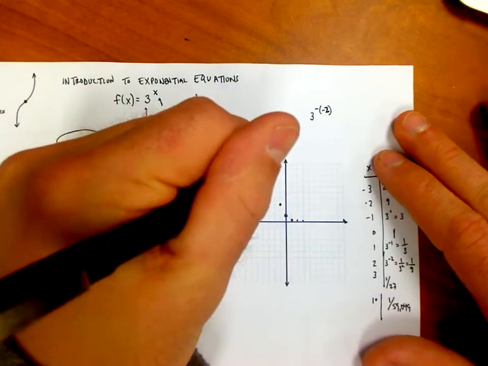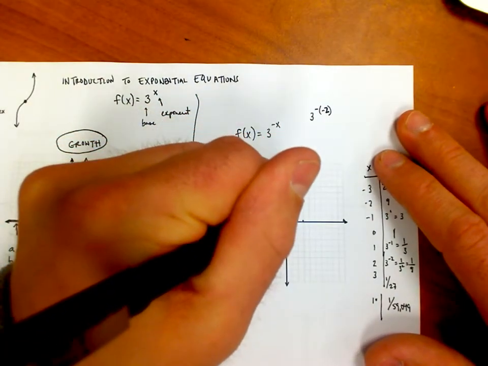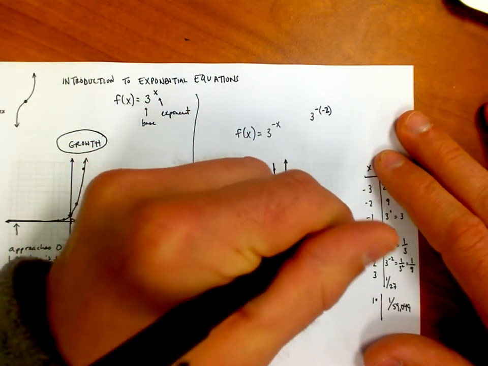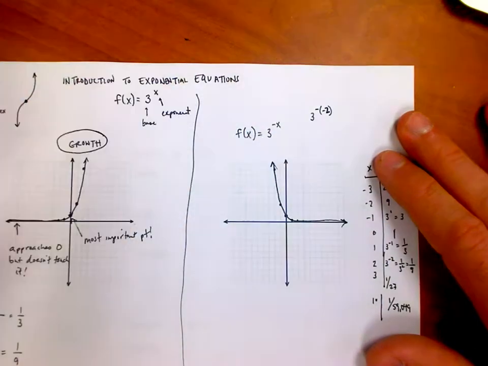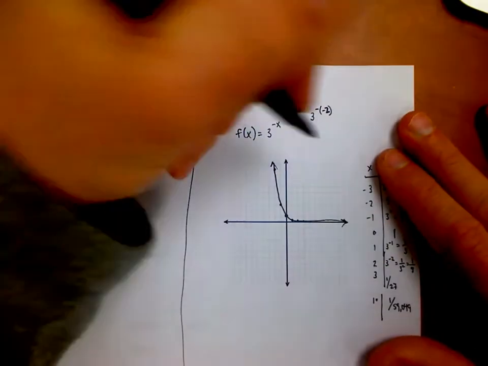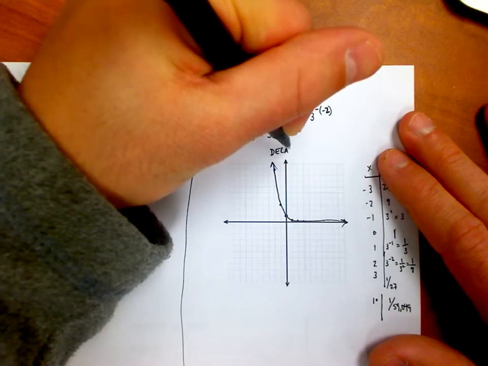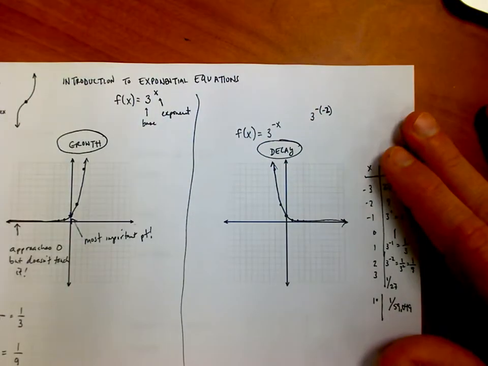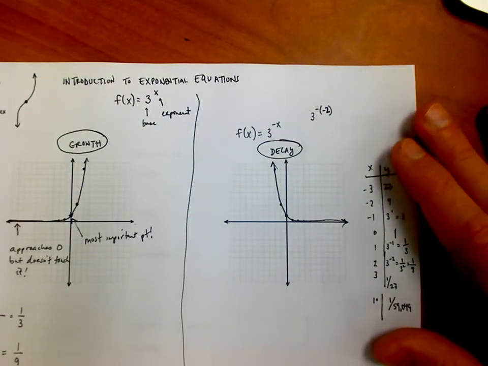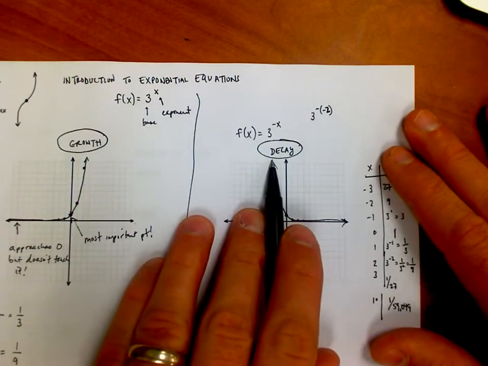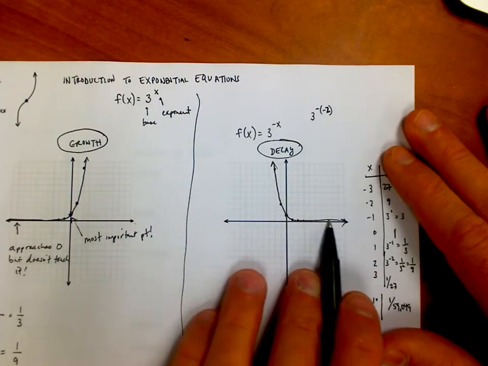So I'm done. And what you'll notice here is a function that looks like this instead. It starts to go to 0, but it never touches it, right? We call this kind of function, when it looks like this, decay. Okay, that's an exponential decay function. And what it means is that the amount of whatever I have here is dying off, but it never quite